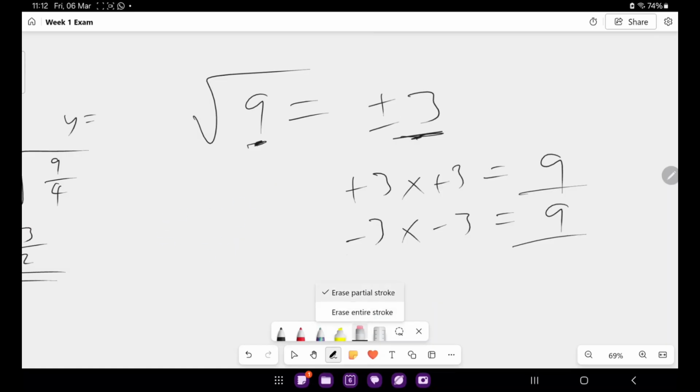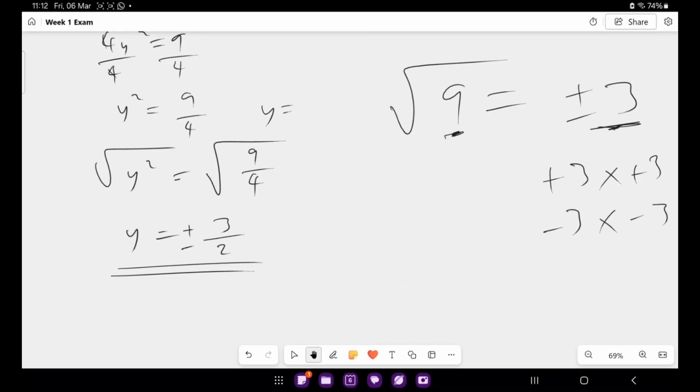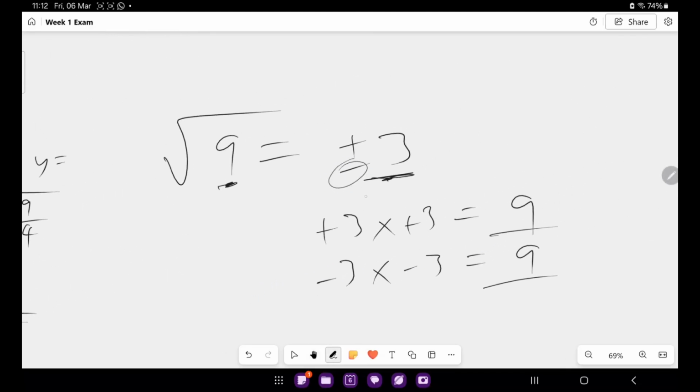Plus or minus. Okay, so what does this mean? This means that our answer is plus or minus 3 over 2, right? But also if you have a question like, when we say square root of 9, most of the time we say 3. Yes, there are cases whereby we tend to ignore the negative sign, or in more rare situations where we ignore